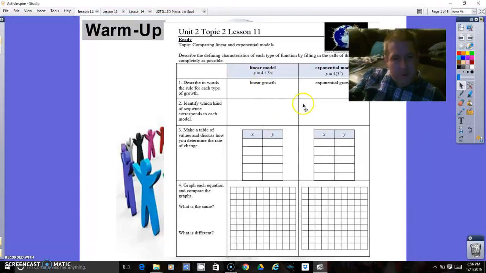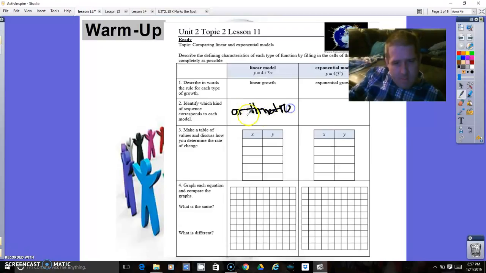All right, so the first thing we're going to do is look at linear versus exponential, describing in words the rule for each type of growth. So we know the linears in this case look like this, and exponential looks like this. So identify the kind of sequence. Linears are always arithmetic,